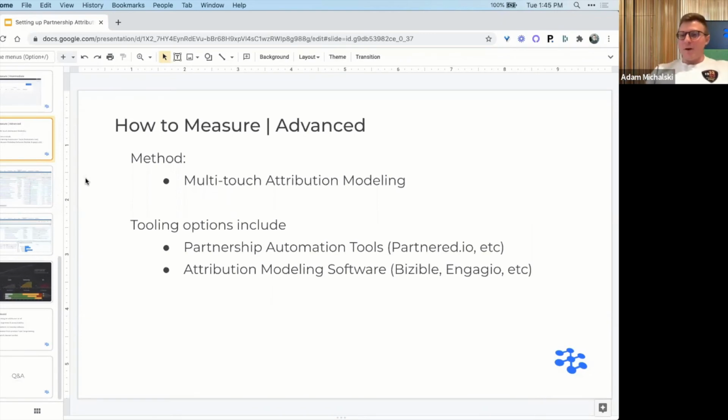Multi-touch modeling. We touched on this tangentially, but a big heuristic is, and I'm biased because I've been in attribution for 5 years, I think this is where the entire market is going.